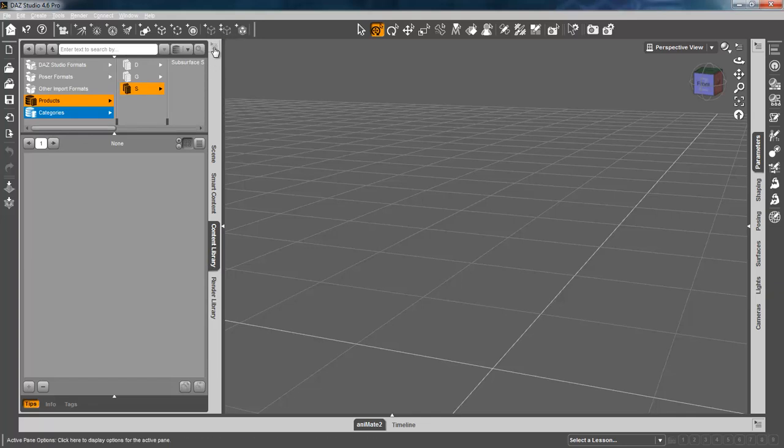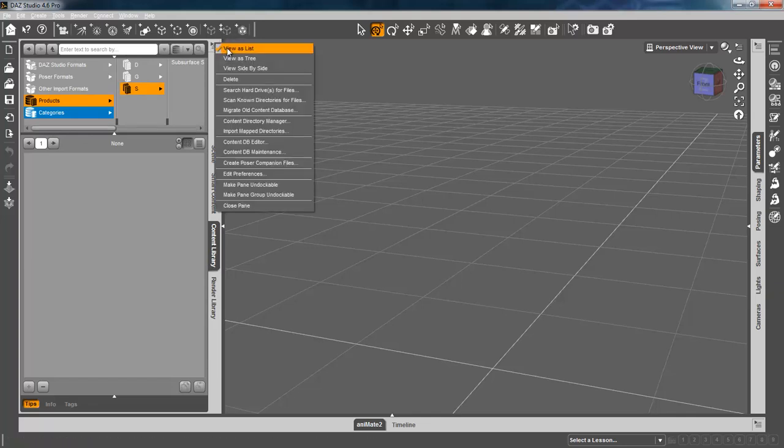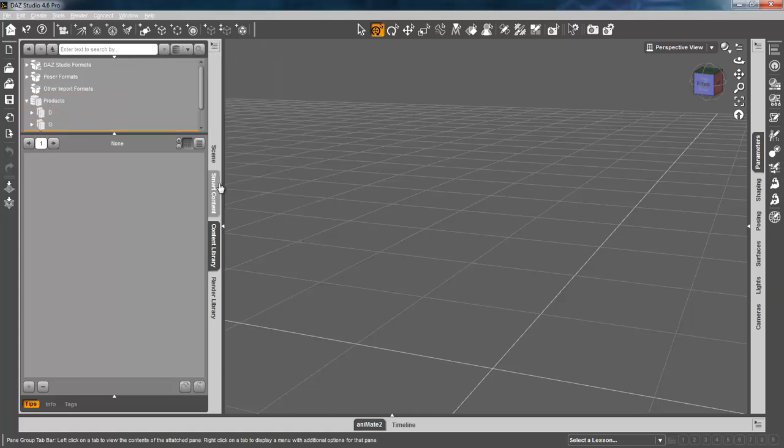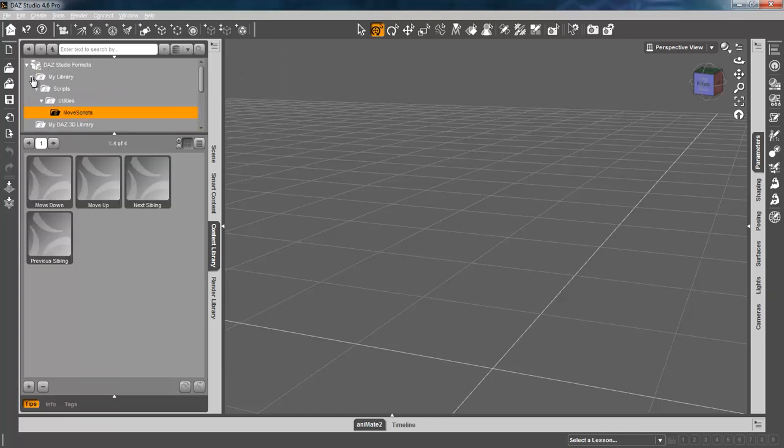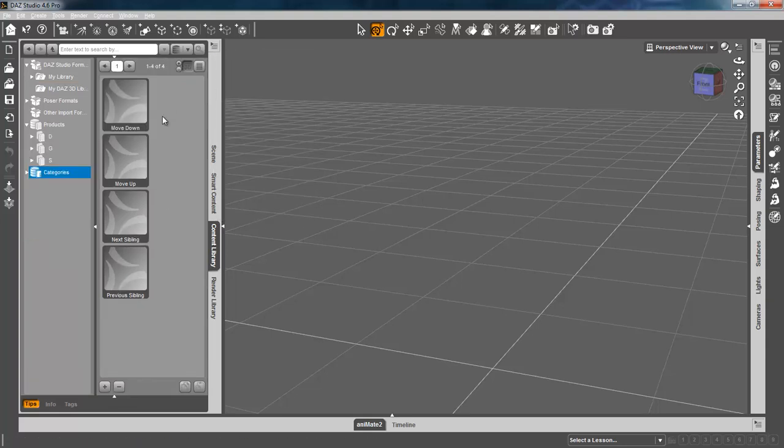So if you come up here to this arrow with the lines, you can view as list, view as tree, or view as side by side. So I'm going to view as a tree. And now I can just real easily go in and look at my tree there. If you do view side by side, you can do the tree, and then you have